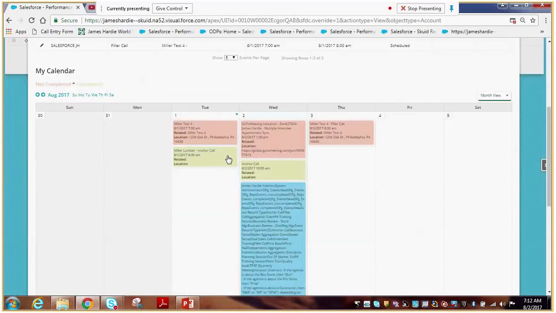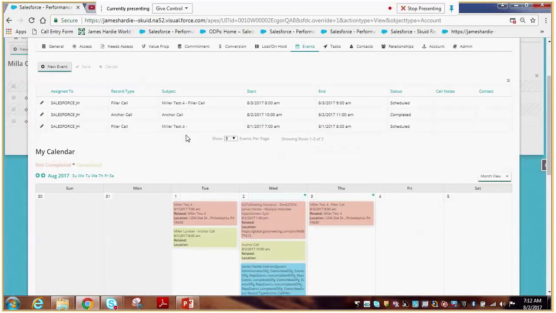Down here on the calendar, we have color coordinated events. So pink is not completed, green is completed. You have the ability to move calls around. So you can drag, drop, and up here the information will update accordingly. So it's a quick way to move calls around, stay organized, and